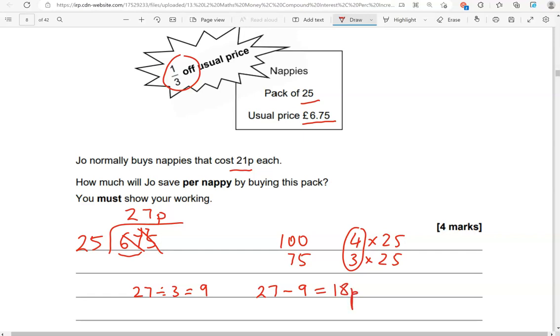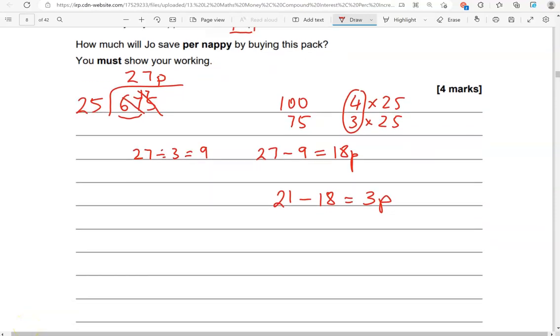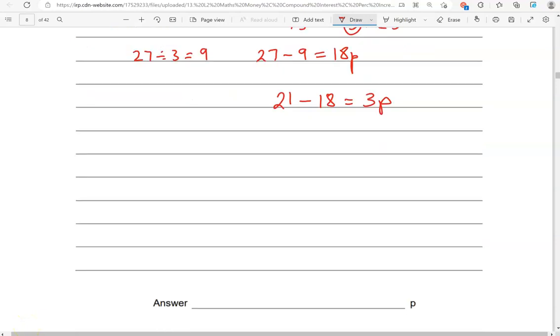So 18 pence. That's the cost. Joe normally buys them for 21 pence. So 21 now, take away 18, gives us 3 pence. So that's how much she saves, 3 pence